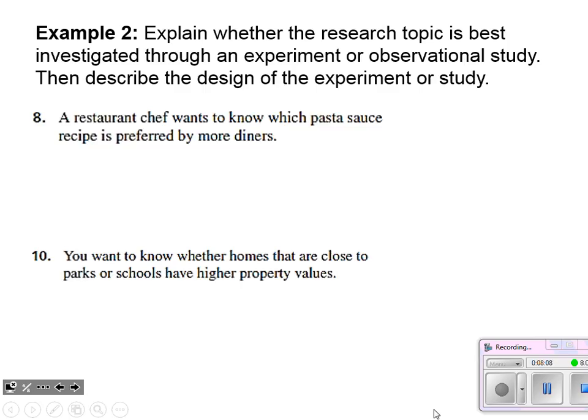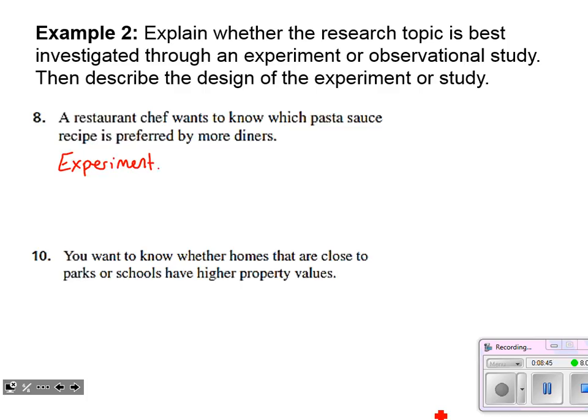Number 8, a restaurant chef wants to know which pasta sauce recipe is preferred by more diners. Okay, is this something that he should just observe or that he should conduct an experiment for in order to get the best results? Well, looking at this, I think immediately to all of the commercials you see on TV for blind taste tests and things like that. I think he could conduct a very nice experiment here to make this work. So I think an experiment